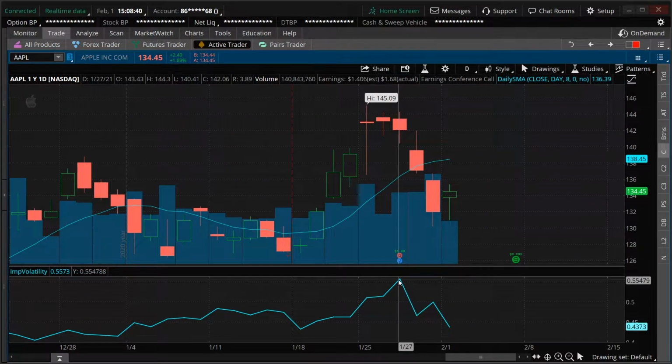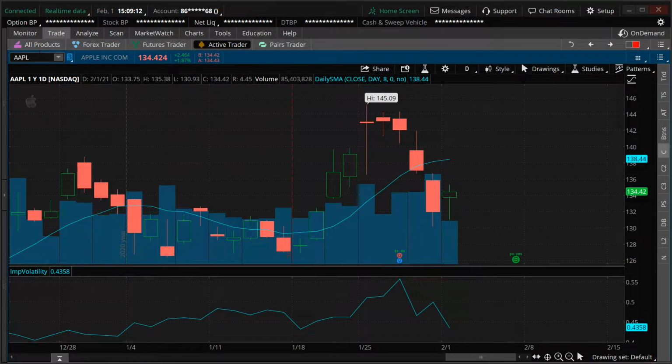You'll have people who want to buy calls, thinking Apple's going to have a blowout quarter and maybe the stock goes up $10. Then you'll have people buying puts who maybe think Apple stock is going to crash, or maybe earnings will be bad. You also have the demand for options against long stock positions. Let's say you own Apple stock and you want some insurance on your stock for earnings, you can buy puts to hedge against that earnings event or that unknown event.